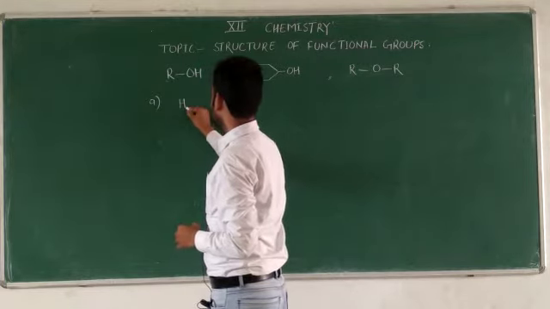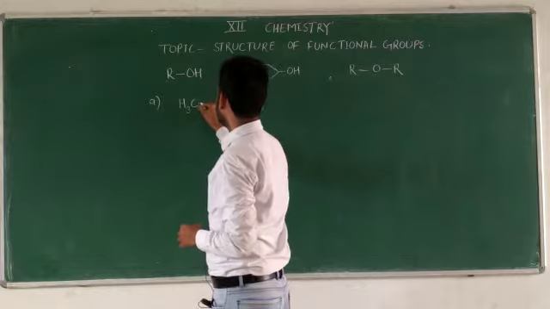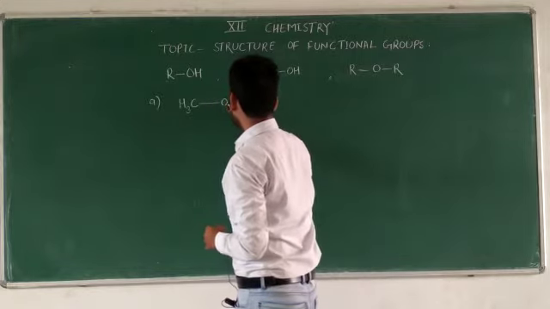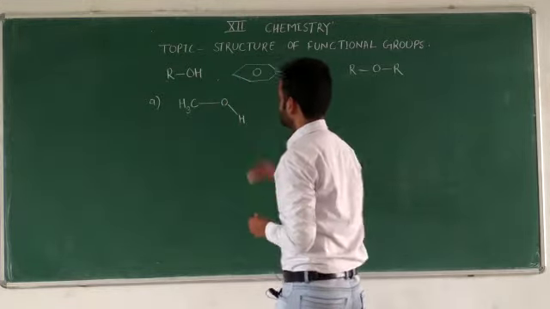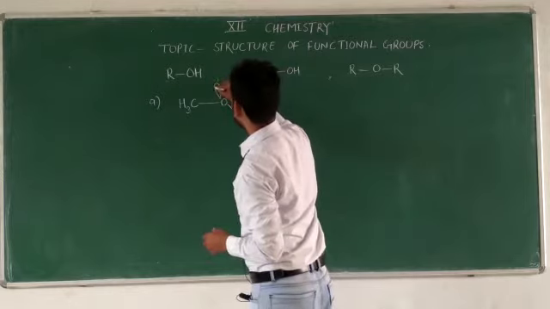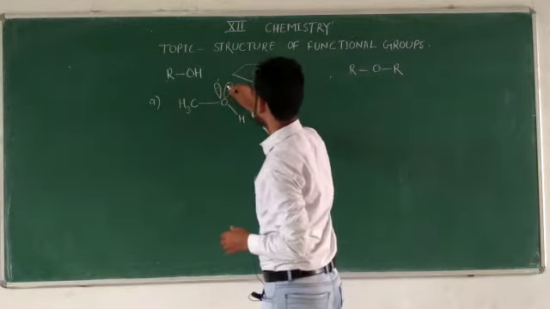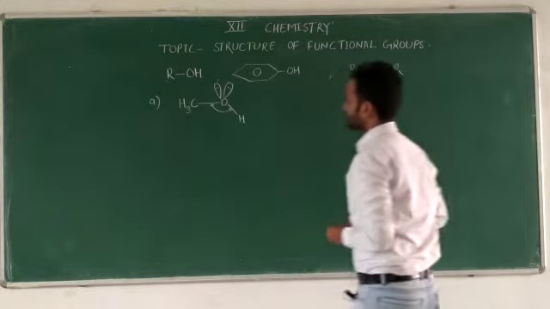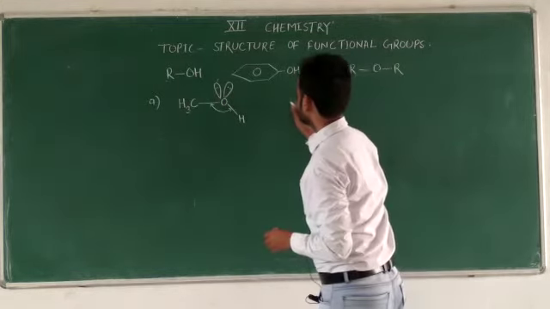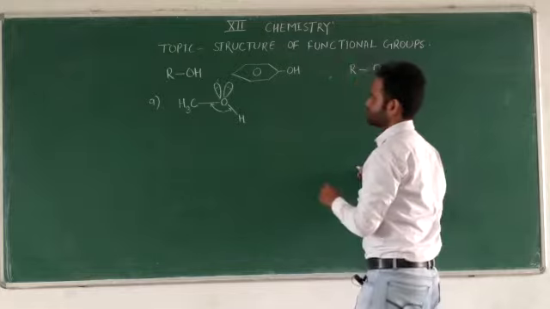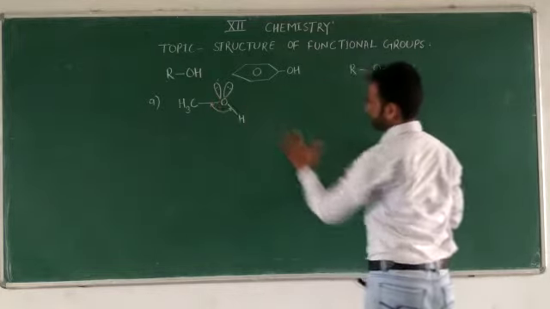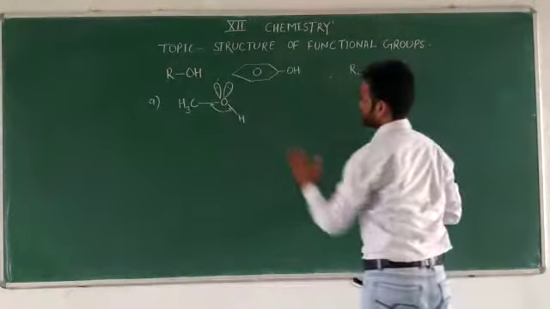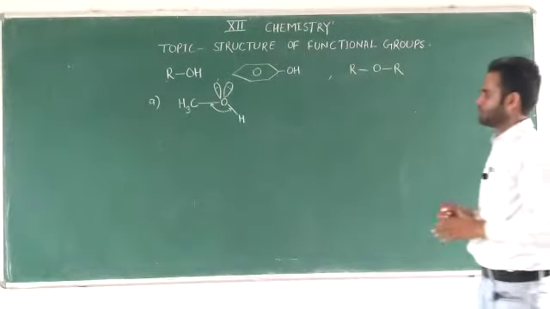H3C, then O, and then H. So the lone pairs are 2 here on the oxygen atom. This would be the bond angle. These are lone pairs, and because we have 2 lone pairs and 2 bond pairs, with the help of steric number we would get the